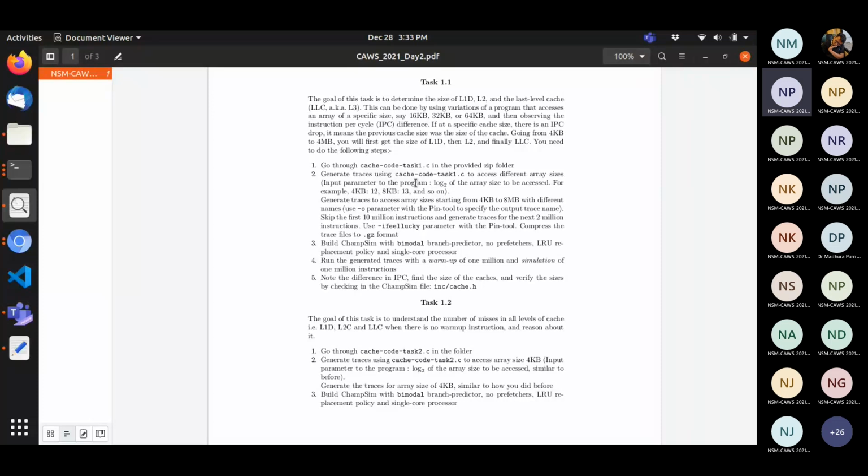Yeah, so the cache.h file is just a header file which has some configuration set in it. The ChampSim simulator is using some cache configurations, like how many levels of caches there will be and what the size of that particular level of cache will be. All of those configurations are defined inside this header file. So this is related to ChampSim. You just need to validate the kind of result you get in your IPC, so to validate it, you will refer to this file. Okay, ma'am.